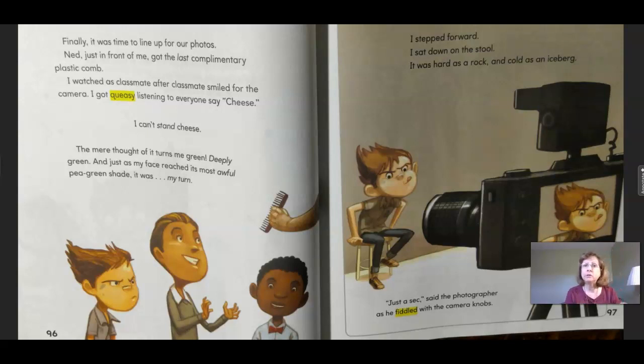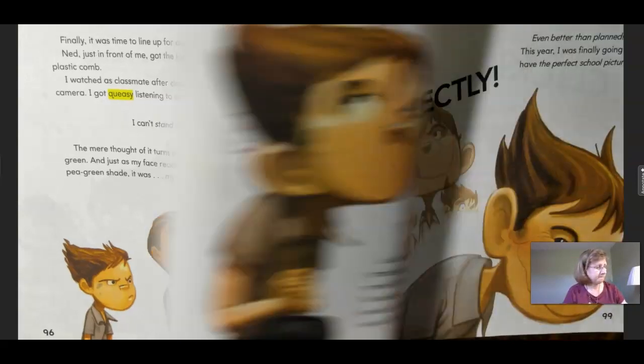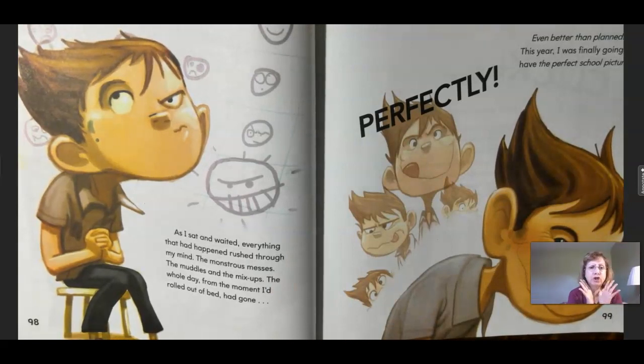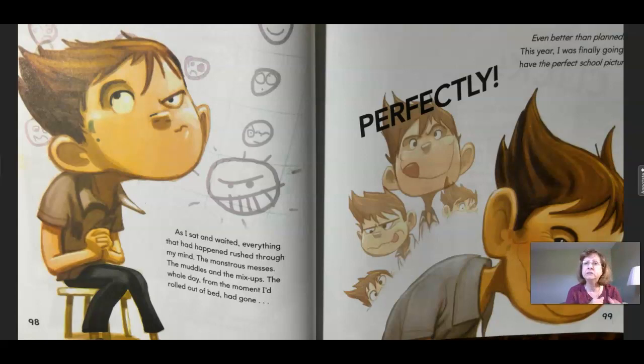I stepped forward. I sat down on the stool. It was hard as a rock and as cold as an iceberg. Just a sec, said the photographer as he fiddled with the camera knobs. As I sat and waited, everything that had happened rushed through my mind. The monstrous messes, the muddles and the mix-ups. The whole day from the moment I rolled out of bed had gone